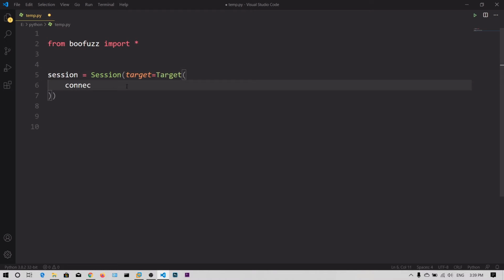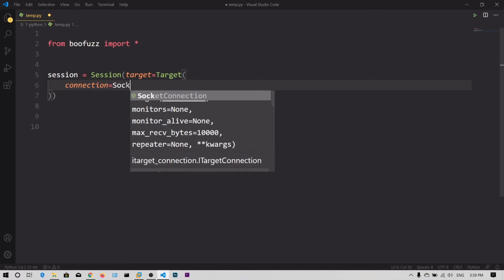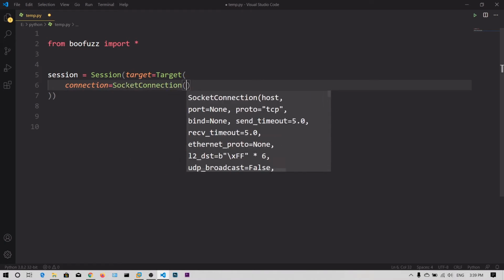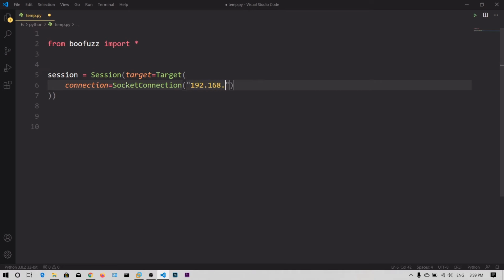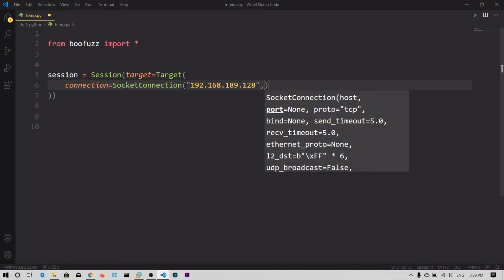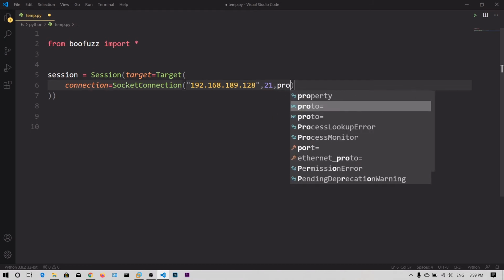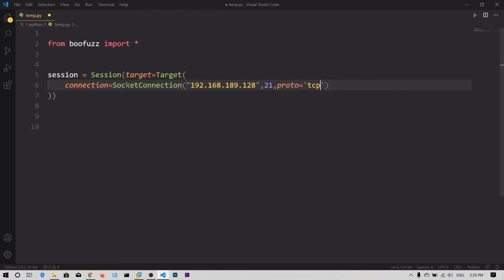In that function we need to pass the connection, which is the socket connection, and inside the socket connection function we need to pass the parameters: the IP address, the port number, which is 21, and the protocol, which is TCP.